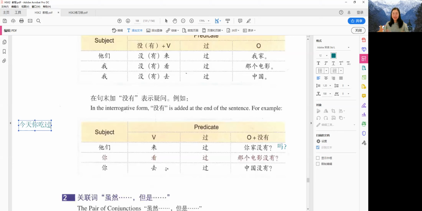McDonald's, our best friend. 麦当劳, so it should be this one. 麦当劳. Question ending? 没有. Alright, add the question mark here. 今天你吃过麦当劳没有？今天你吃过麦当劳没有？